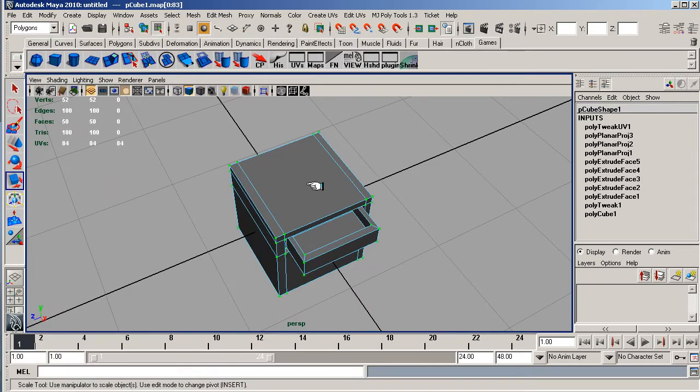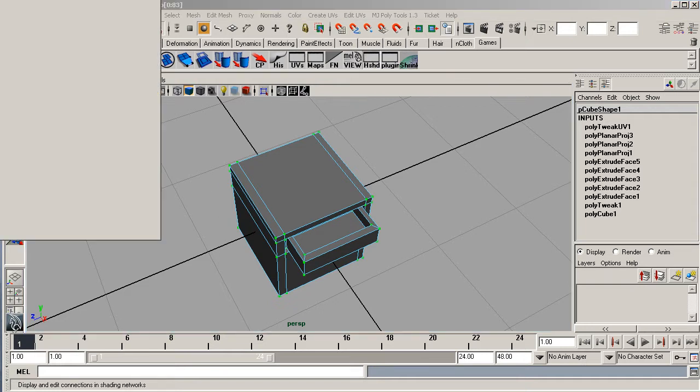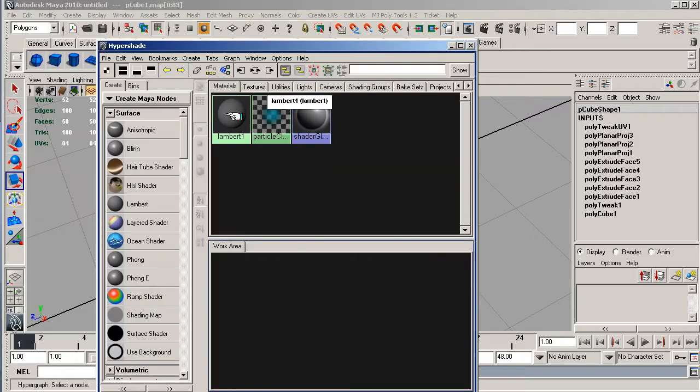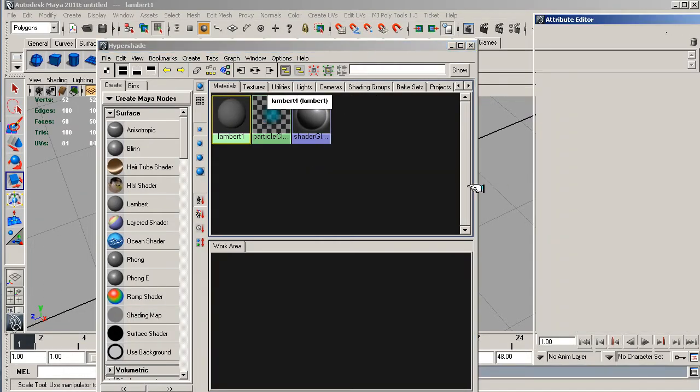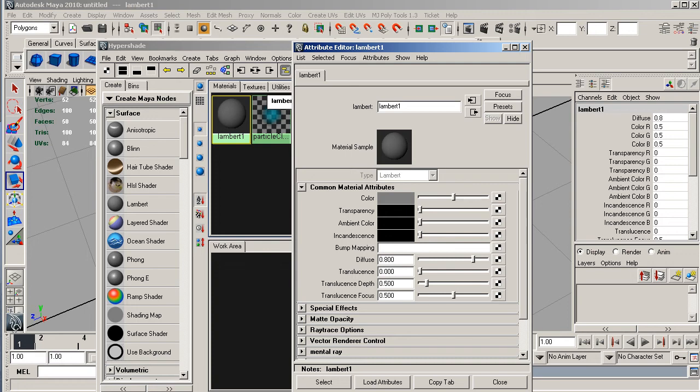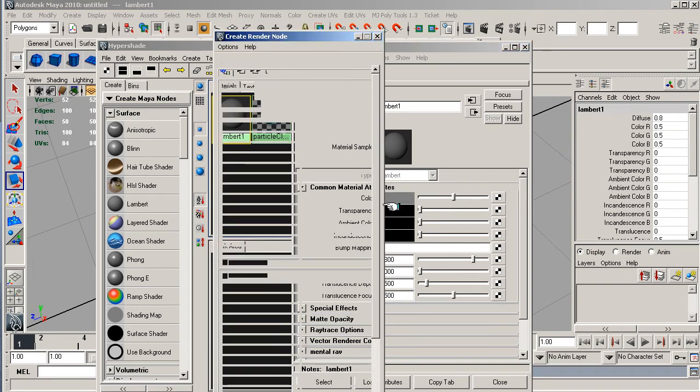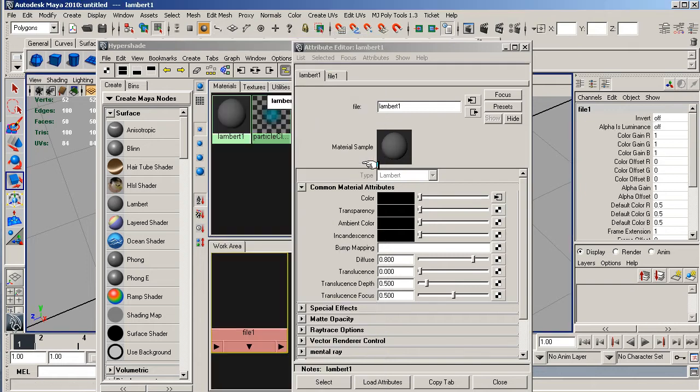So I'll close that down. I'm going to go to my Hypershade editor. I'm going to select the Lambert, double click that to open the attributes. Yours might appear on the right hand side. We'll go to colour, we'll go to my checker map file,